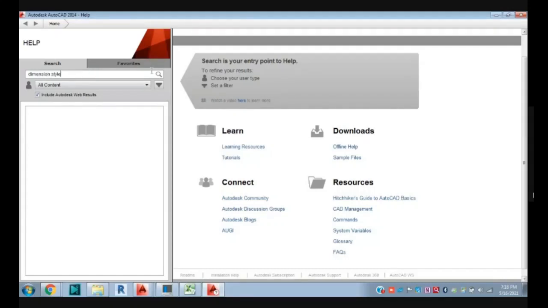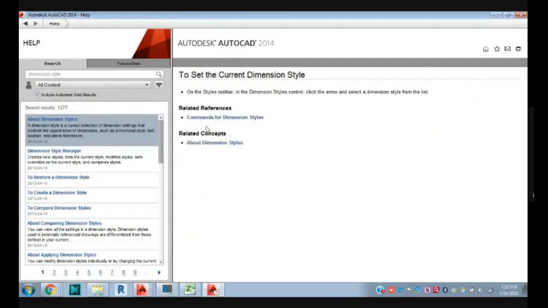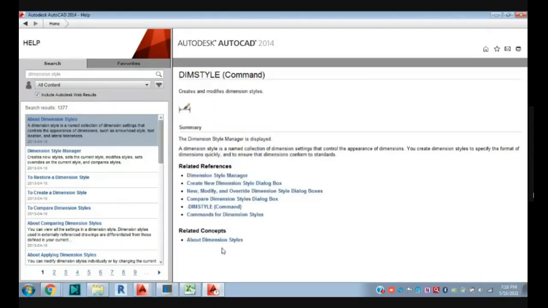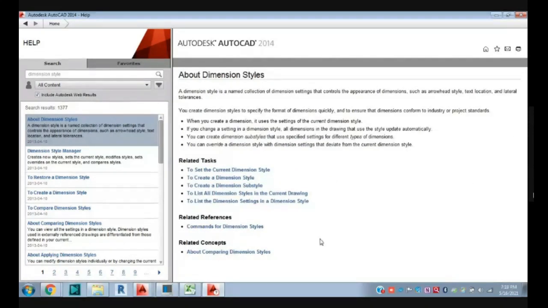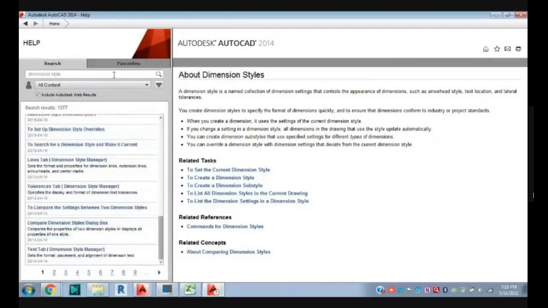Okay, so you can search. So about the dimension style, all those things are here. You can get all this information about the command and dimension style. Okay, so dim mode, dim style. All that information you can get here about the dimension style concept. Or if you want to know the details, you can go here and search as per your requirement.